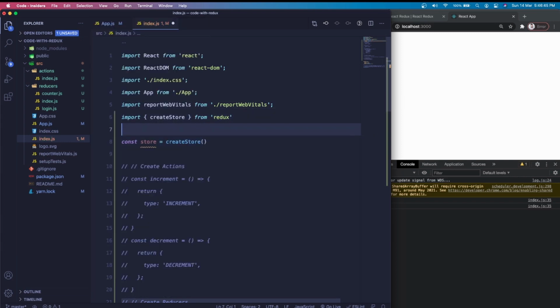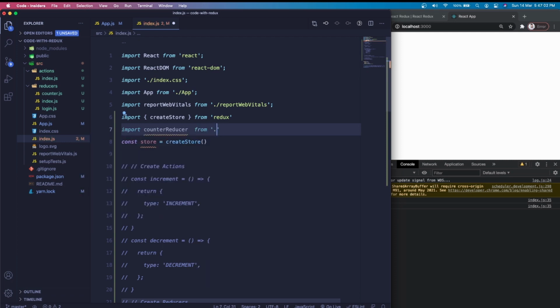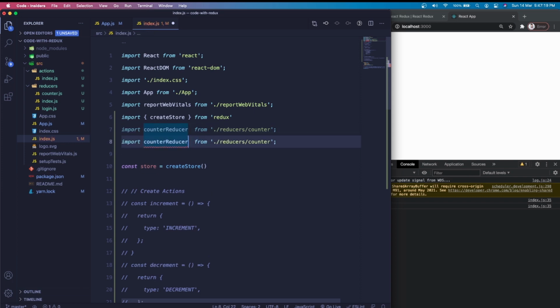Let's import it here: import counterReducer from the reducer directory, the counter file. So let's suppose I provide counterReducer here,